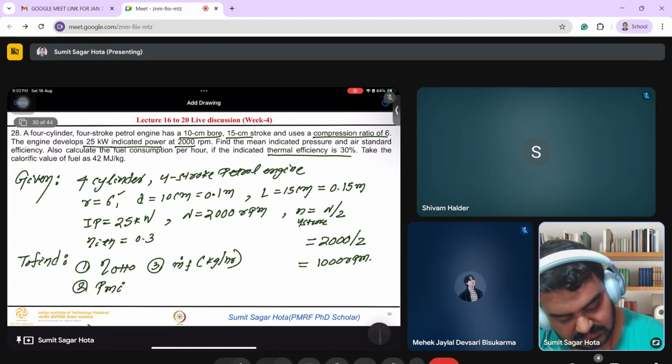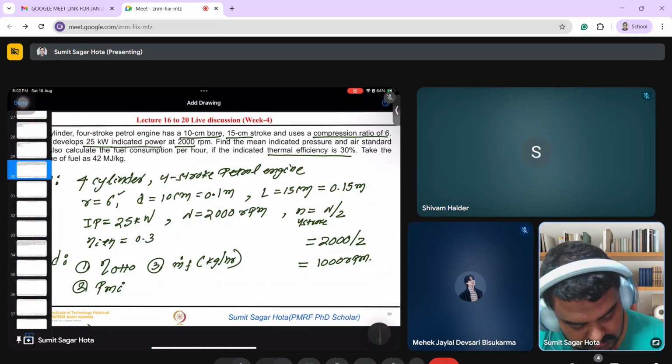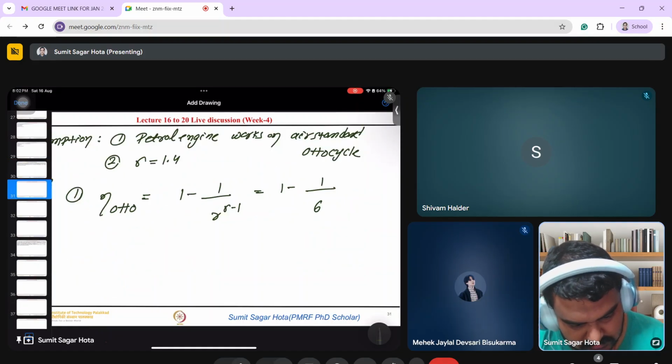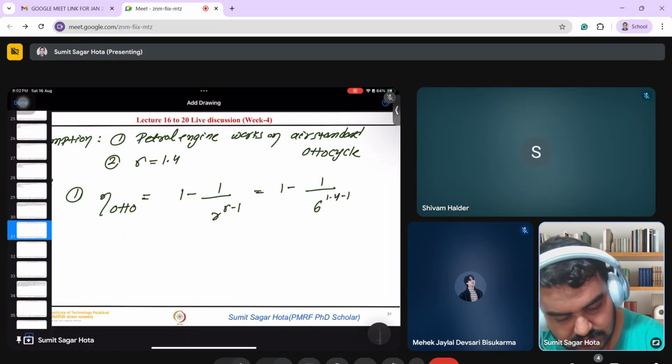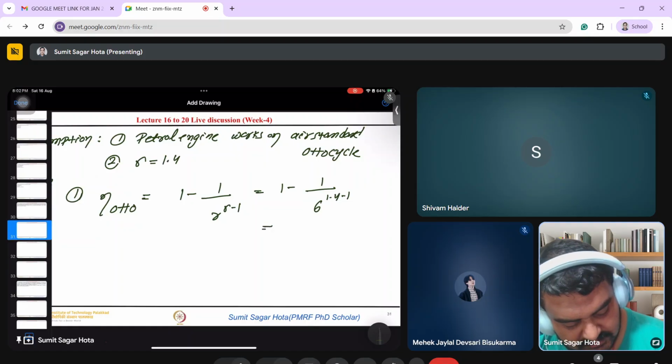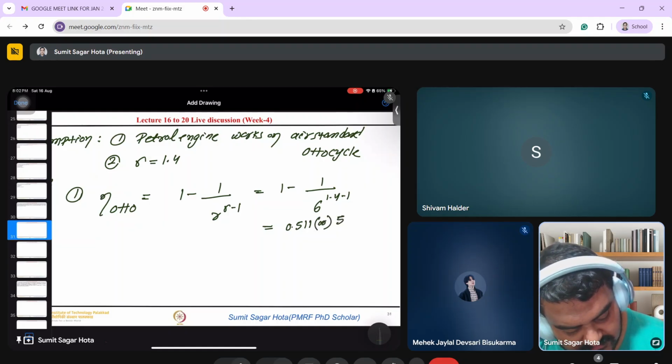Okay, so yeah, here it will be 1.4 minus 1, and if you solve it, you will get 0.511, or 51.1% efficiency. Okay,